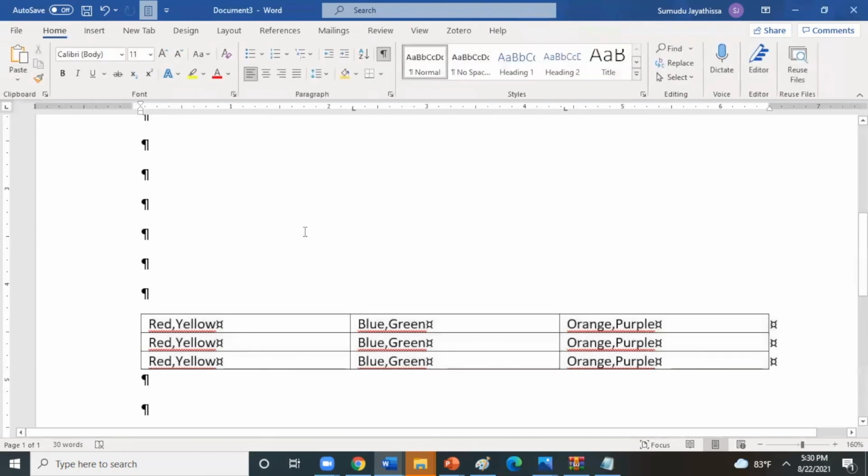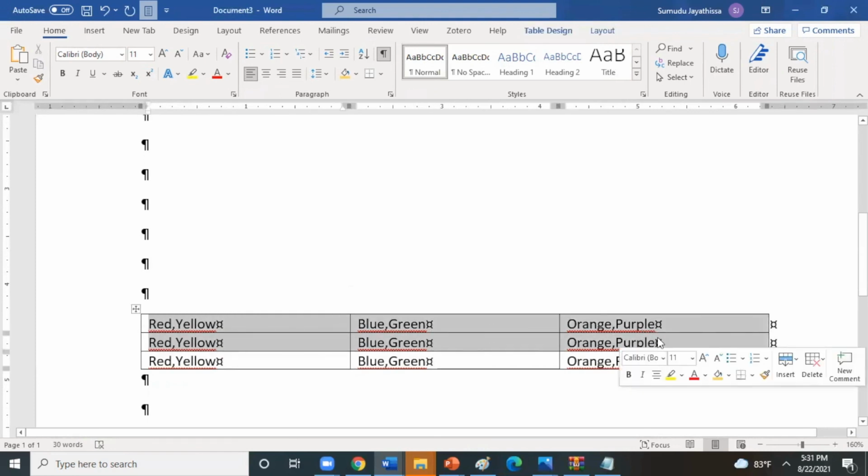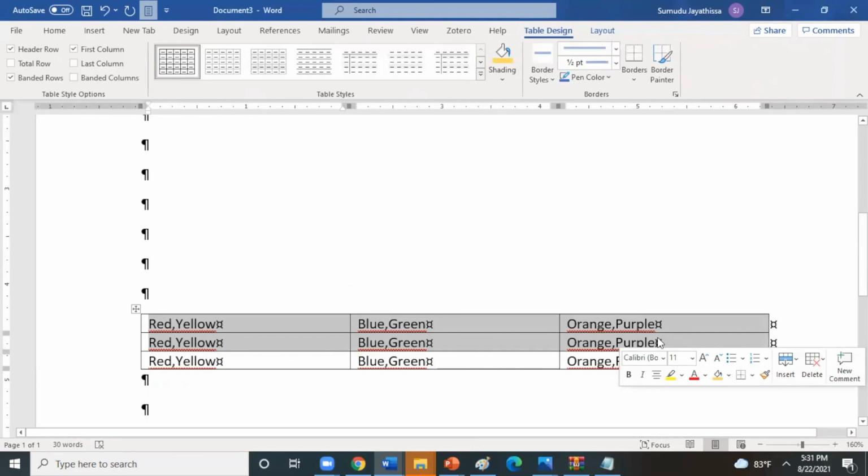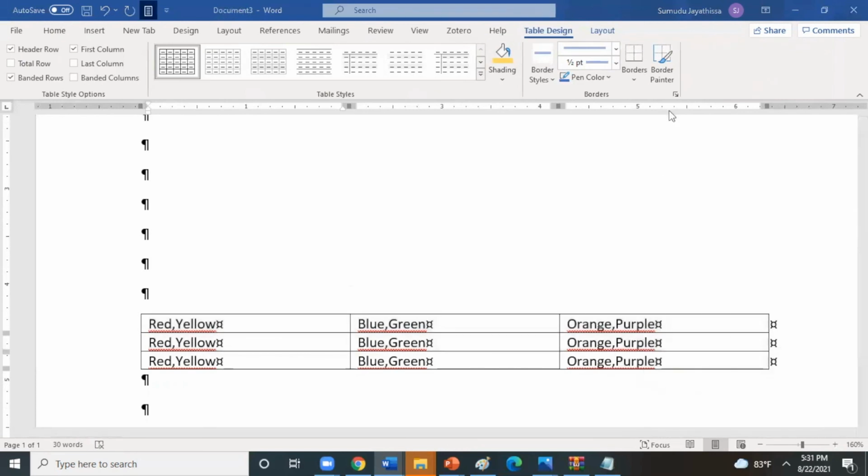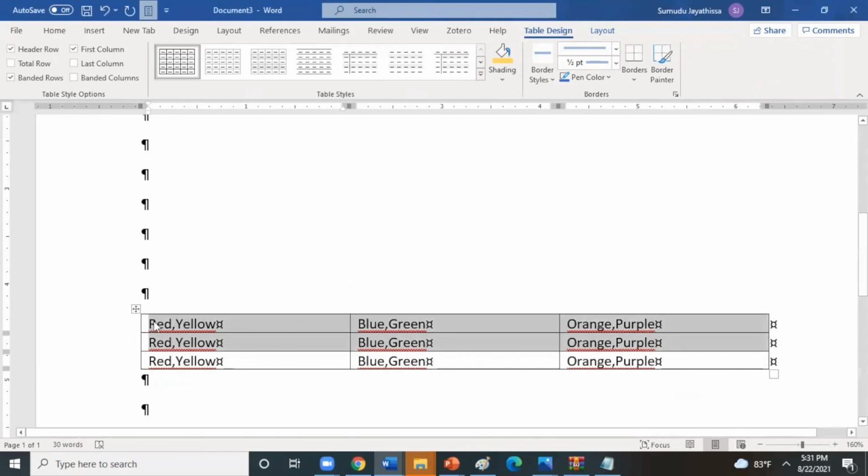And if you want to convert your table to text, for that you need to select the rows you want. Then click here. You need to first select the table rows.